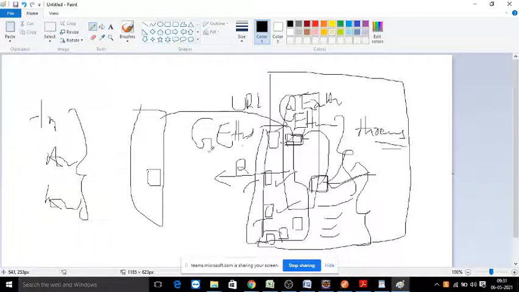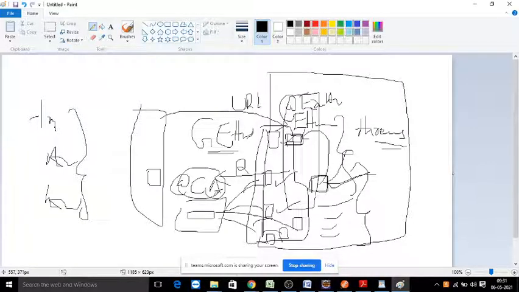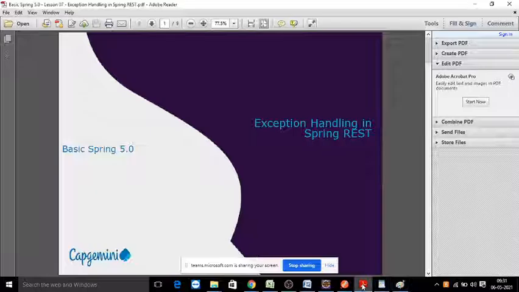We can write a separate class with the annotation @ControllerAdvice. In this class you write an exception handler, so that any controller throwing an exception can be handled from this controller advice class. That is the way of exception handling in the Spring framework.